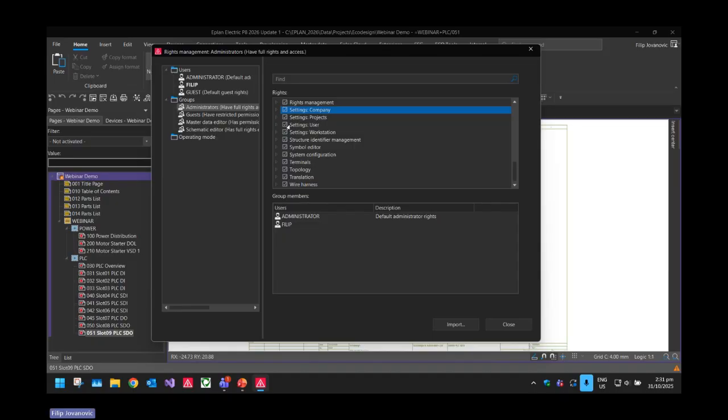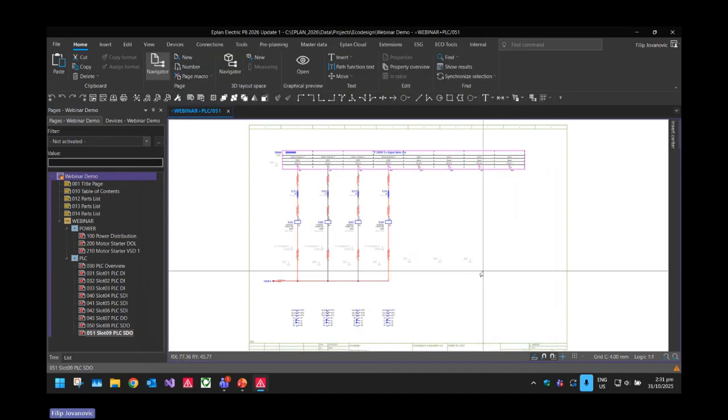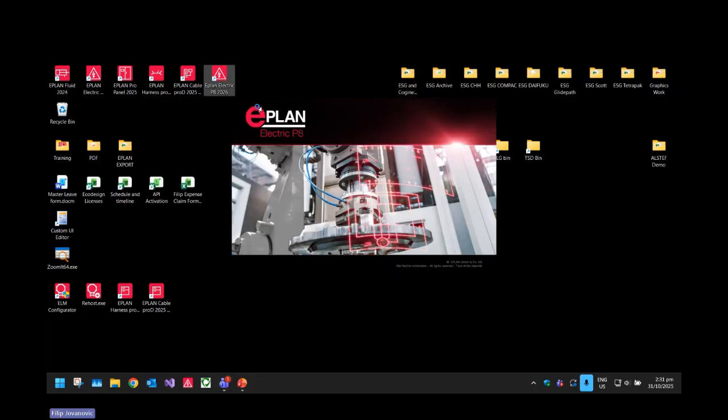Anyway, to turn on the login prompt, if you go to operating mode, you can see I have sign in here. You can do without rights management and ignore this if you don't want it. By default, it's without, or you can have sign in. So I'll show you what this looks like. I'm just going to restart my EPLAN so you can see the login prompt. And if I just open my 2026,